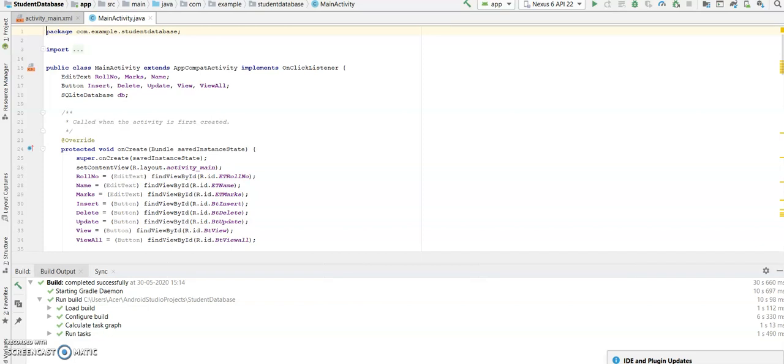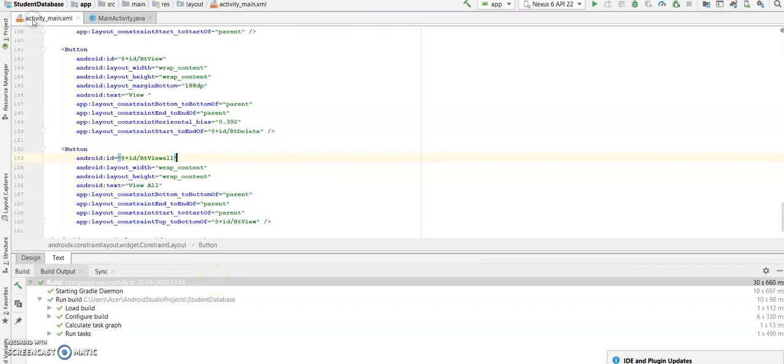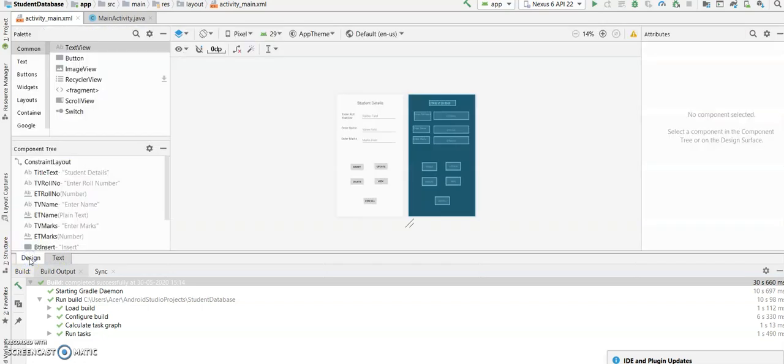So this video is basically regarding an assignment that you have to do as part of your KTU syllabus. What is done here is you have an app which basically interacts with the user, and you can access the database to perform the following functions. One is, you have three fields to enter the roll number, the name, and the marks obtained, and you can insert it